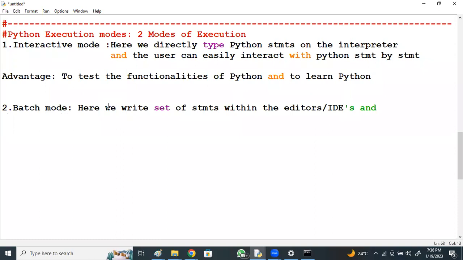In interactive mode, you won't say .py, but here we need to write within the editors and IDEs, save it by using the .py extension, and later submit it to Python, right?